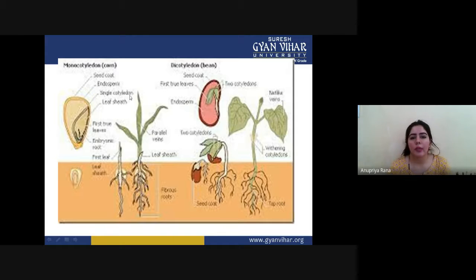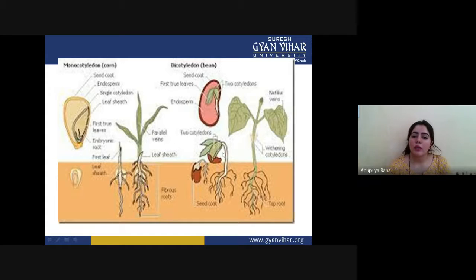This is a diagram in which you can see the developmental phases at different time periods in seed germination. This is a normal structure of monocotyledon and dicotyledon seed. You can also see that in the monocotyledon, only a single leaf will be present first. In the dicotyledon, they start with two cotyledons, and they will have two leafy structures opposite to the main axis. This is the main axis. This axis also works when the plant becomes adult, in its whole mature form.